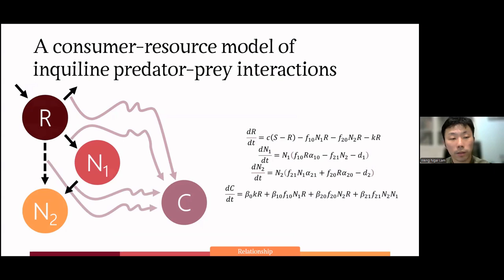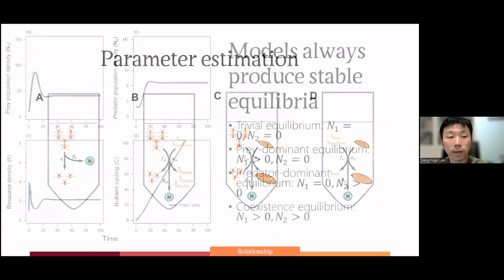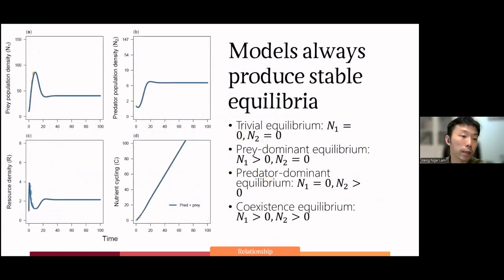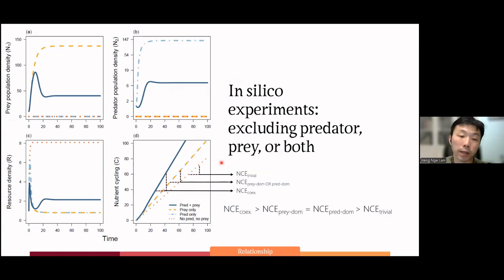And we did a whole lot of studies here, coupled with experiments where we measured certain rates of growth, consumption and nutrient release, and the models always produce a stable equilibrium. You can see here, for example, a prediction of the stable equilibrium point of prey population density, predator population density, resource density, and nutrient cycling. I won't go into all the details, but basically, these in silico experiments that are calibrated with some real-life data suggest that, with quite a bit of margin for error, generally,